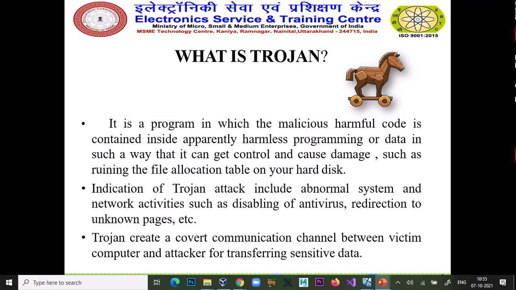It is a program in which malicious, harmful code is contained inside apparently harmless programming or data in such a way that it can get control and cause damage, such as ruining the file allocation table on your hard disk. So Trojan,